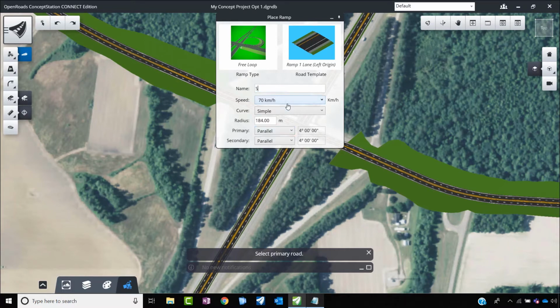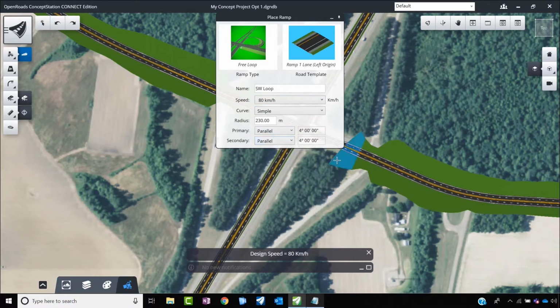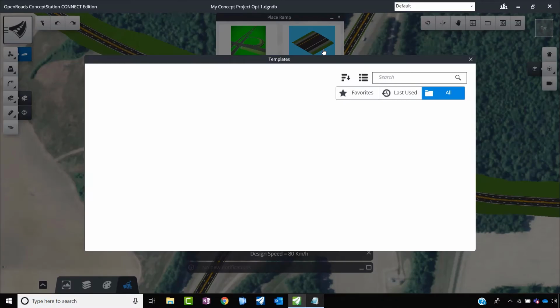So it's moving from south and connecting to the east. I'm sorry, it is moving towards the west. See, loop. Over here, I'll select the 80 kmph road, or maybe less than that. Free loop. And under this ramp portion,